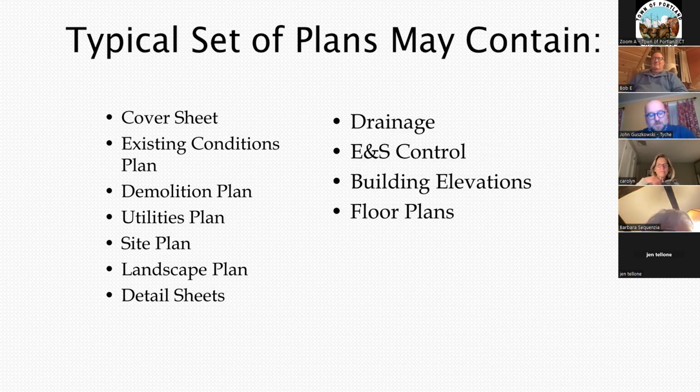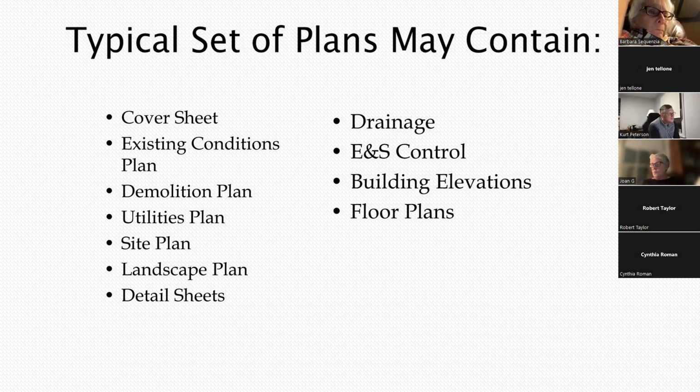Okay, so I see we're already well into this, so we're gonna kind of buzz through some of these others. Typical site plans are going to contain a lot of these things. The cover sheet that we looked at, existing conditions plan is very important, so you know what is there now, and so you can get a sense of how things are being moved around, what's being removed, what's being added. Again, if you're looking at something that is replacing an existing building, it needs to have a demolition plan. How is that being addressed? And again, these are for physical developments where you've got buildings and stormwater and sewer lines and water lines and power lines. You have a utilities plan,